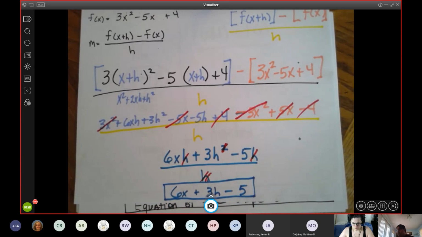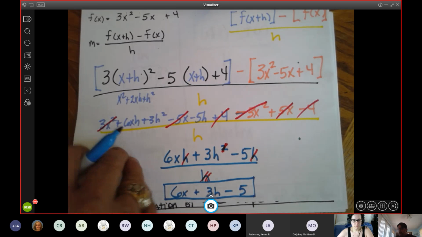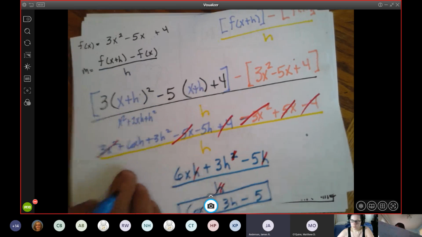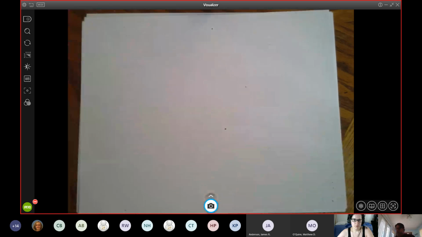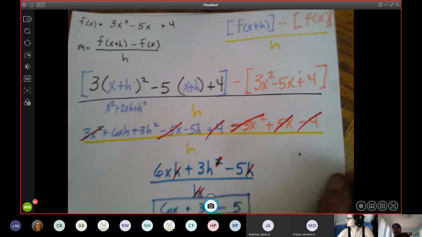That is the equation for my slope. Now, we haven't applied the limit theory. We've just done 100% what? Algebra. You're still in Algebra 1 and Algebra 2. Now we're going to turn the page and we're going to take that algebra. Okay, this is review. Now I'm going into a little bit of Unit 1 and Unit 2. We're going that way. So I'm going to take my answer here,